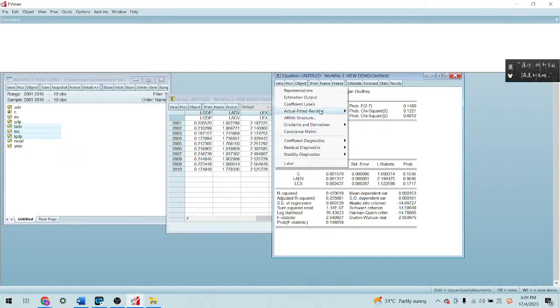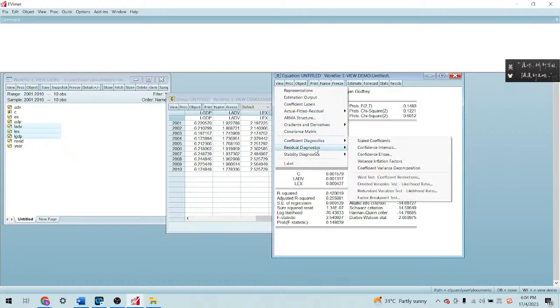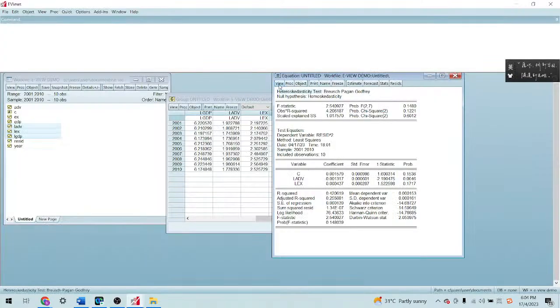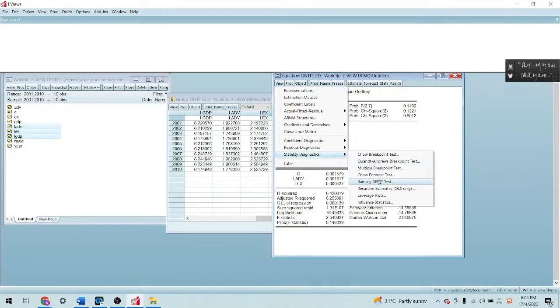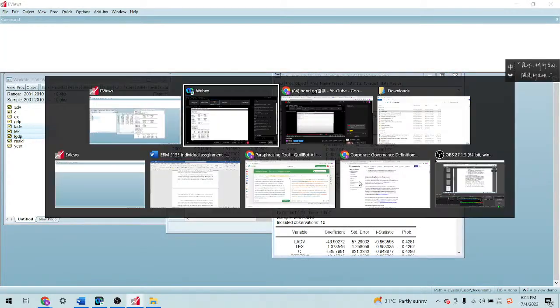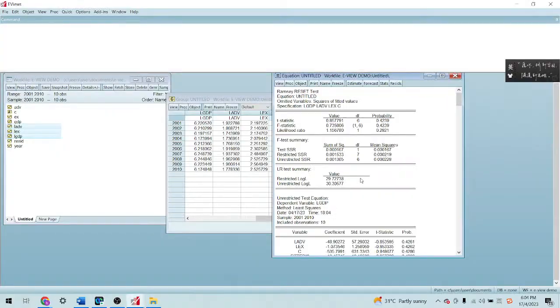A lot of information is available here, but you only concentrate on this one. Even here you can see the different t-test, f-test, or likelihood ratios. Normally you can look at the test here. So we all end up with the same conclusion, because all the probabilities here are greater than 0.05. So we do not reject.